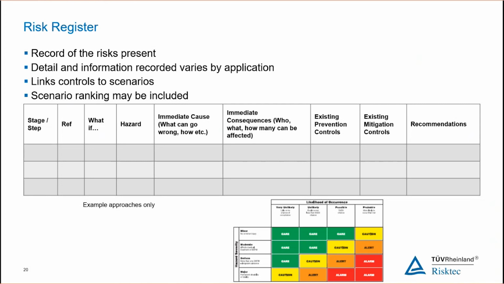But this risk register typically is going to be the outcome of our hazard identification exercise, that we've identified the things that can possibly go wrong, that can cause the loss of control, that could cause the fire, the structural failure to occur, how it might be developed, what we have to prevent, what we have to mitigate, and what we need to do better. That might be we need to understand something better. It might be that we need to change something. Again, risk assessment is an opportunity for us to go out there and improve.